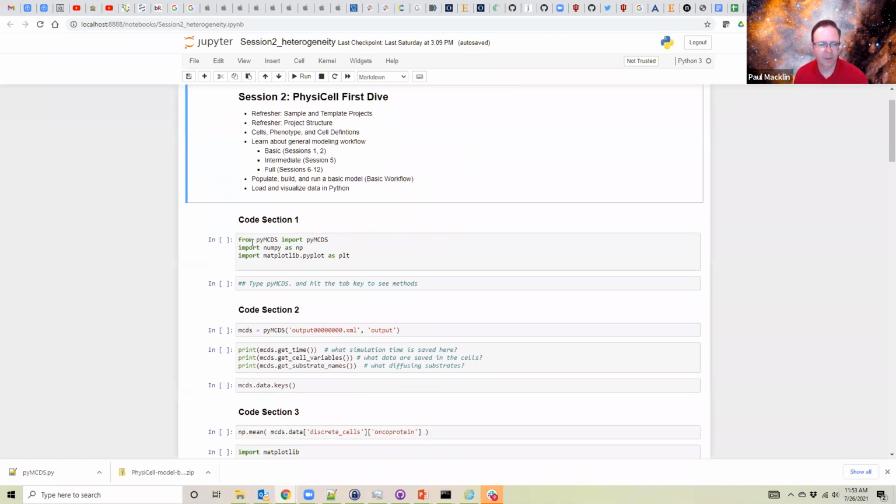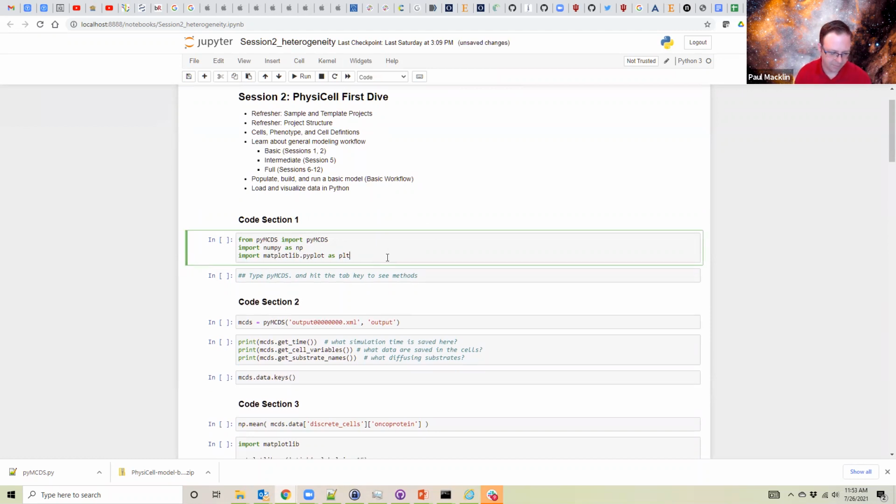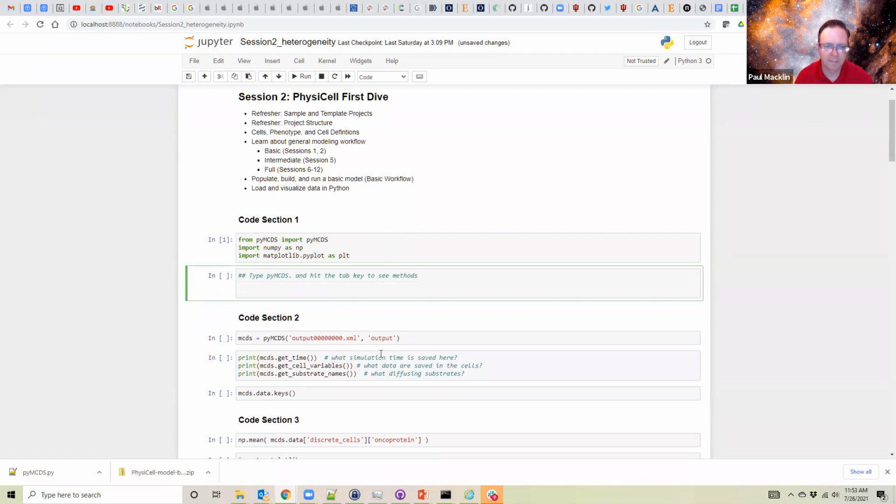We're going to import the pymcds method from this Python file we just had, and the standard stuff you always import, NumPy and matplotlib, in this first block. If you haven't used Jupyter before, we hit Shift and Enter to execute that block, and it loads those modules into memory. Now I'm going to uncomment this and type pymcds for that main method, hit dot